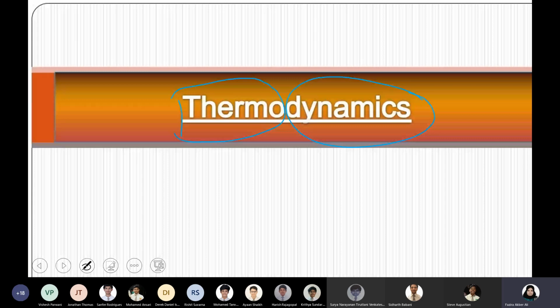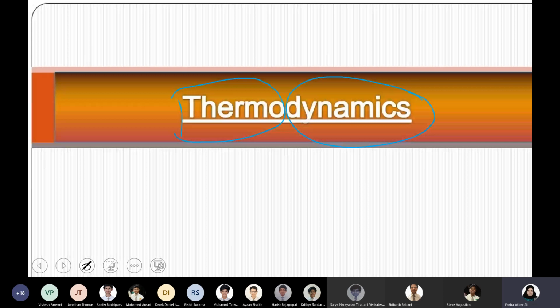You are also learning it in physics. In physics you will learn thermodynamics, and there you will handle another aspect of thermodynamics. It's not only related to chemistry, but here in chemistry the thermodynamics you're dealing with is related to the chemical reaction and the energy changes taking place during the chemical reaction. So this is what you are doing in chemistry, but the other aspect of thermodynamics you will learn in physics as well.